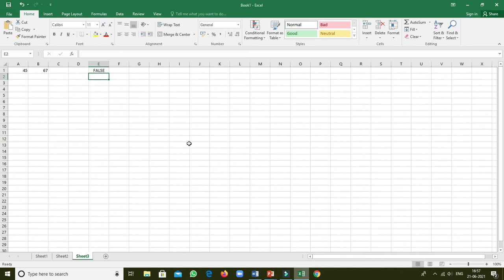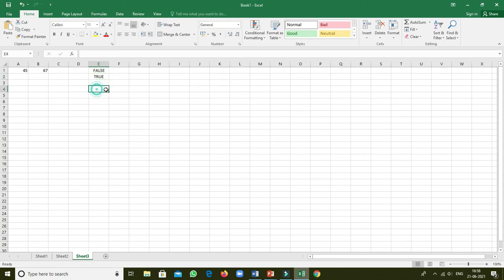But if I am writing equal to OR, A1 is greater than 70 means it's false, comma, and B1 is equal to 67, this one is correct. So if you are using the OR function, then if one is correct and one is false, one is true and one is false, then your result is true.